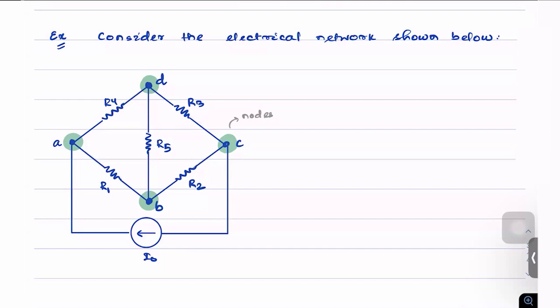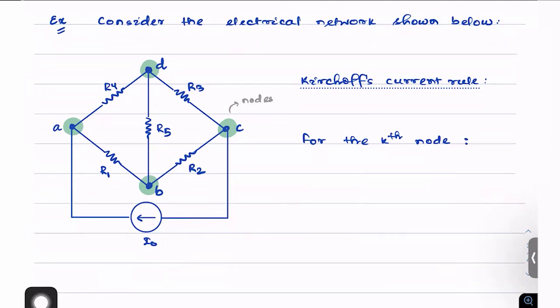Now, we know that any electrical network must satisfy Kirchhoff's voltage and current rules. Now, let us try to apply Kirchhoff's current rule. Let's try to apply it at the kth node. Right, for the kth node, Kirchhoff's current rule says that all of the incoming and outgoing currents add up to 0. Meaning,